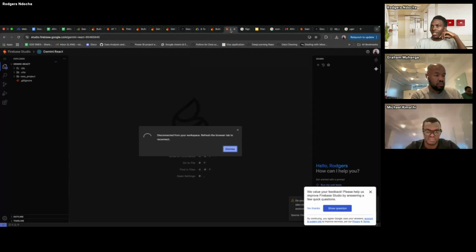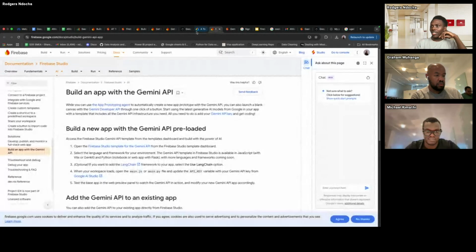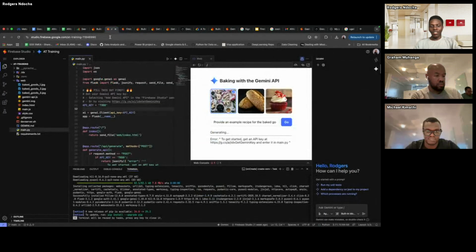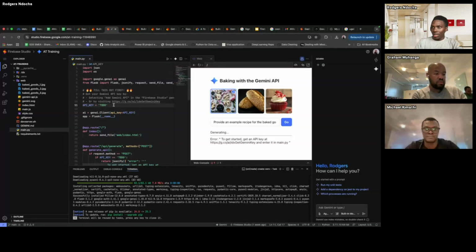I keep losing that. Okay, second tab. I copy my Gemini API to this. I'm not sure if we are going to leave the quotes, but let's save this and see.